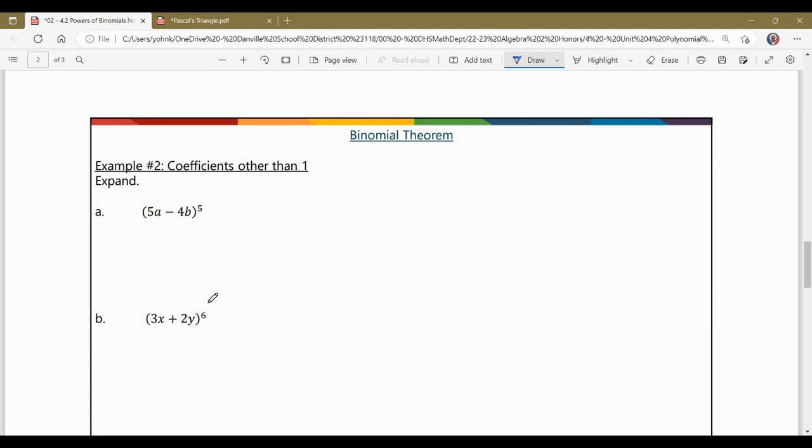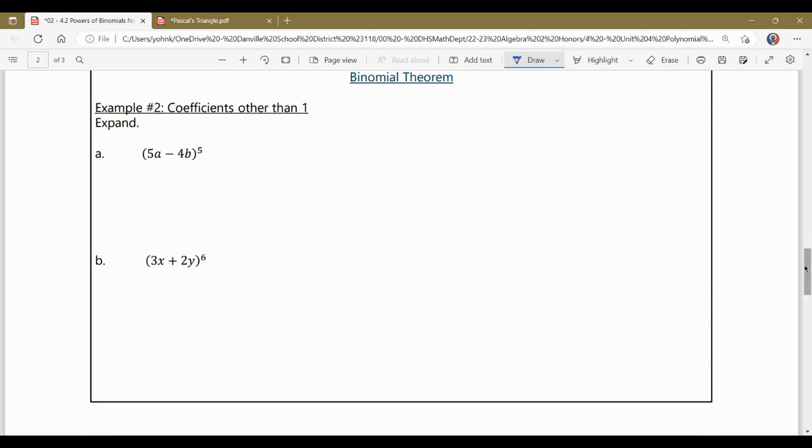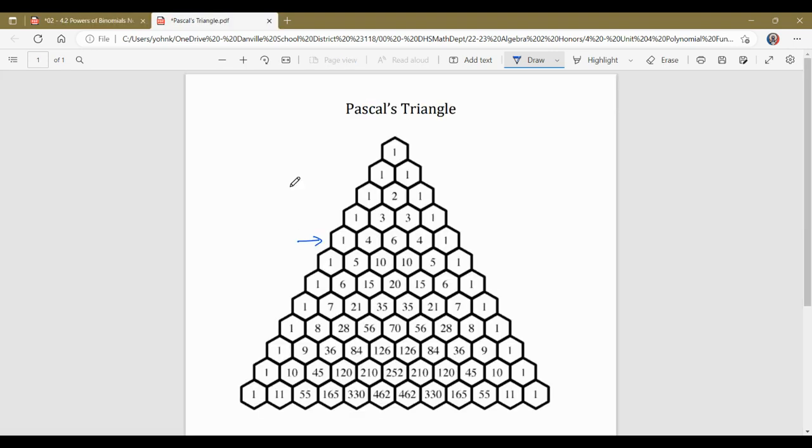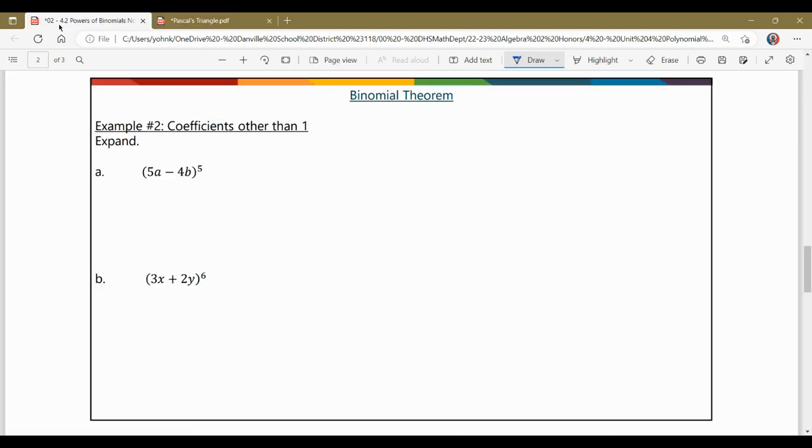All right, let's take a look and see a little bit more challenging ones. So now we have coefficients in front of both letters. So if we do part A, we need row 5 in Pascal's triangle. That's 1, 5, 10, 10, 5, 1. All right, so I'm going to put the 1. I'm going to do 5a to the 5th power and -4b to the 0, plus 5 times 5a to the 4th,